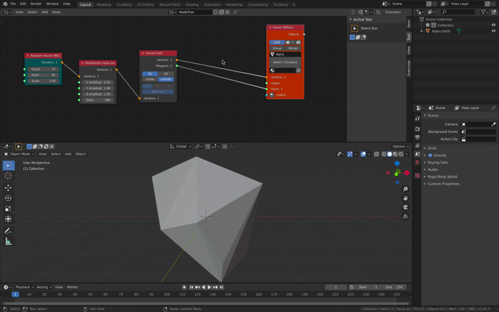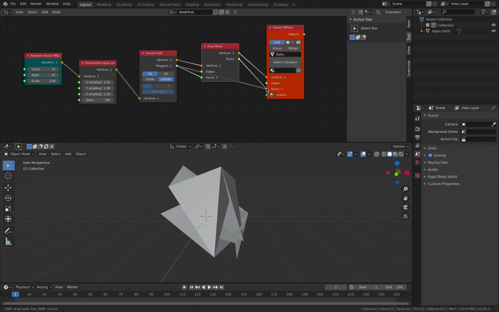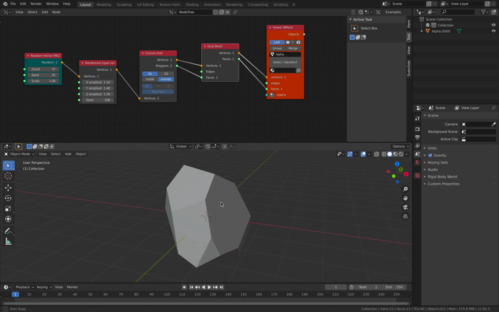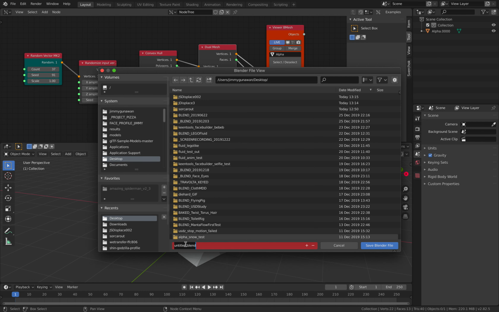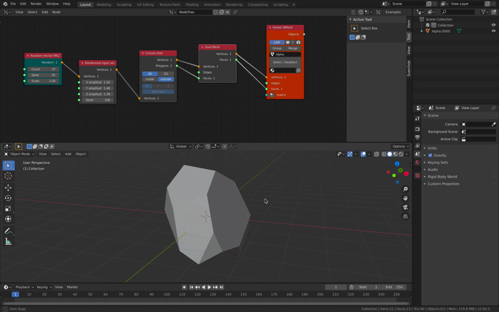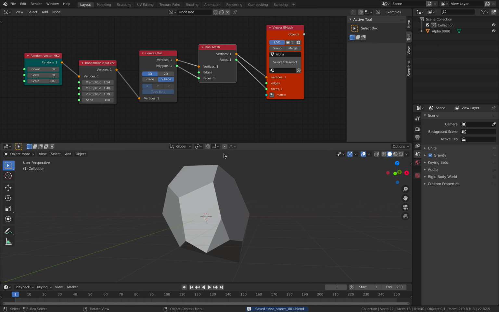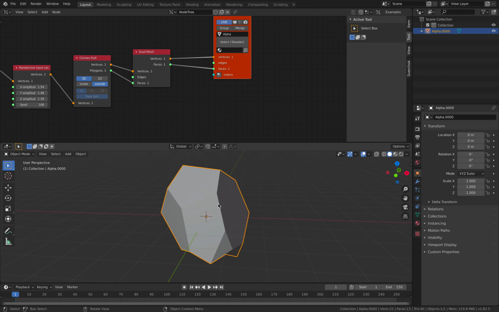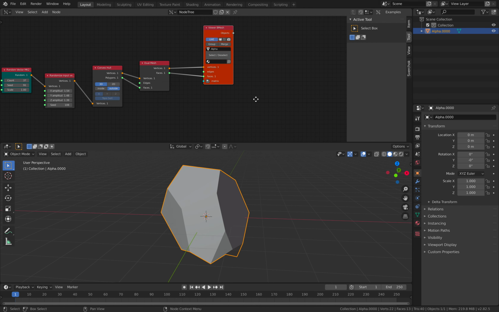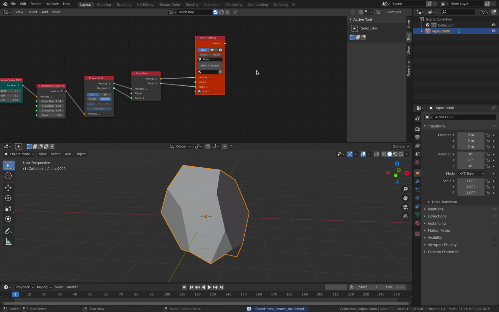On top of this, you can actually use dual mesh, and this makes a nicer look. So let's save this very quickly. This is SVSC stones, a kind of stylized stone. From here, it's totally up to you. Maybe you can try to bevel this, but I think I'm just going to leave it like that,